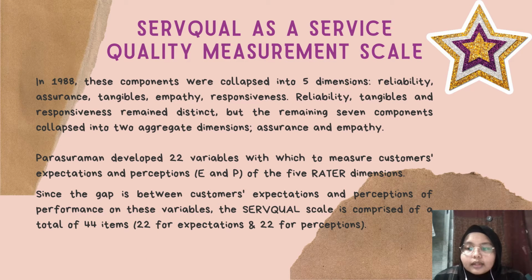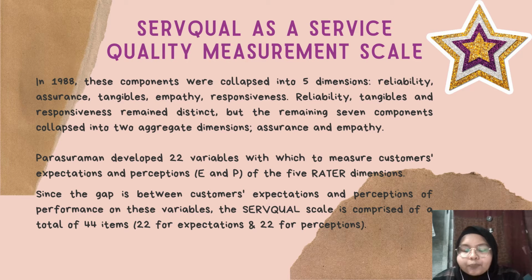In 1988, the Servqual model was redeveloped. The components were collapsed into 5 dimensions. Number 1 is reliability, number 2 is assurance, number 3 is tangibles, number 4 is empathy, and number 5 is responsiveness. Reliability, tangibles, and responsiveness remain distinct, but the remaining 7 components were collapsed into 2 aggregate dimensions, which are